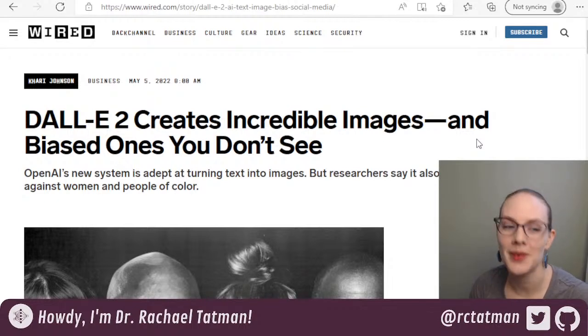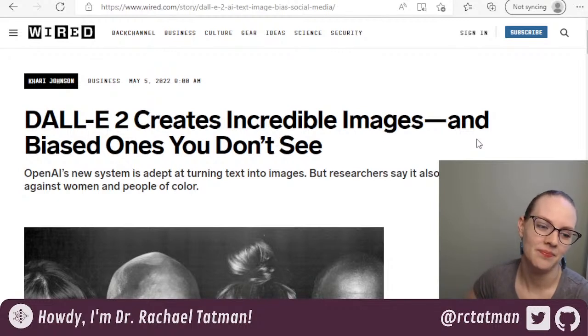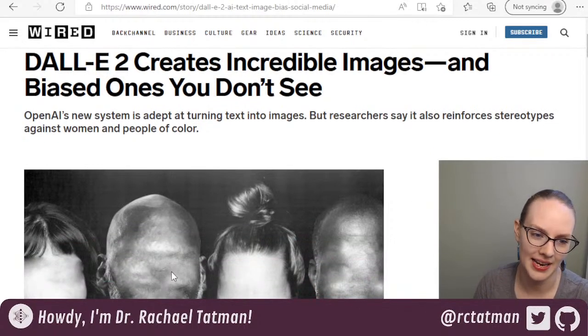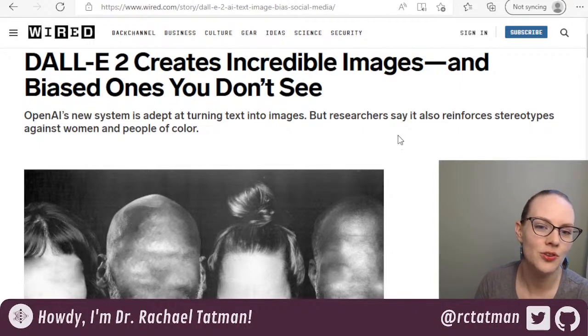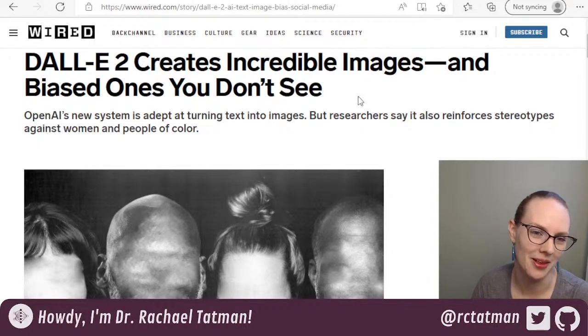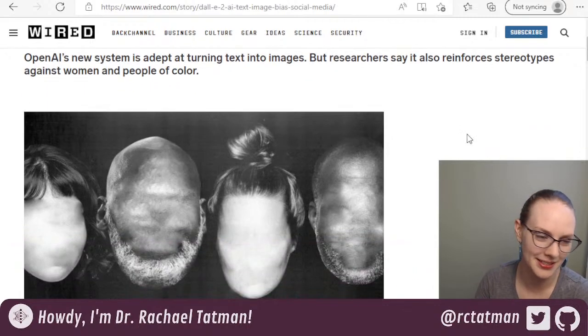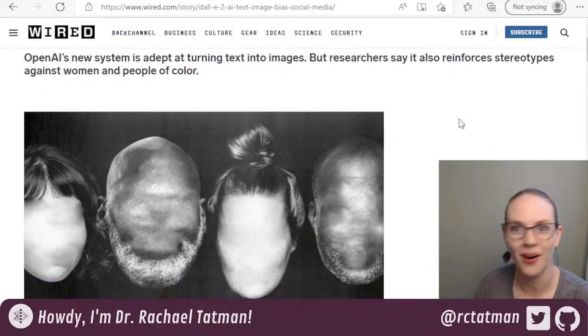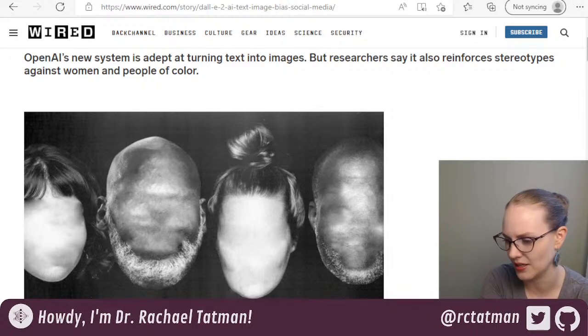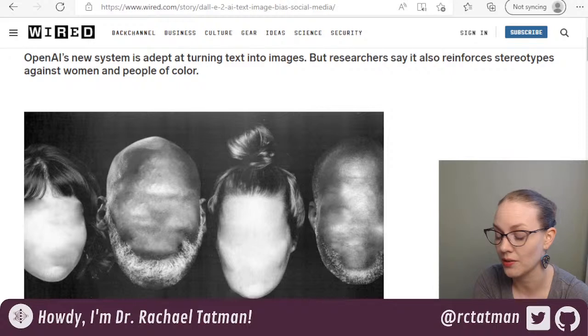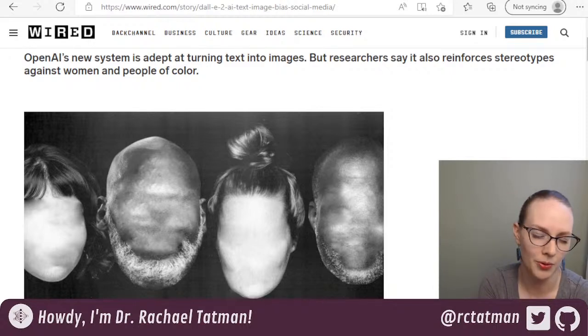So if you're unfamiliar, it's basically a system where you provide a text prompt and it creates images for you. And if you can immediately come up with a bunch of horrible ways to use that system, we are on the same wavelength. This is another one of OpenAI's patented we're-not-releasing-the-stuff projects, which I don't think is necessarily a bad thing. We'll talk about that in a sec.